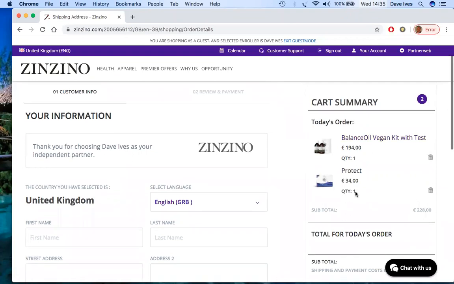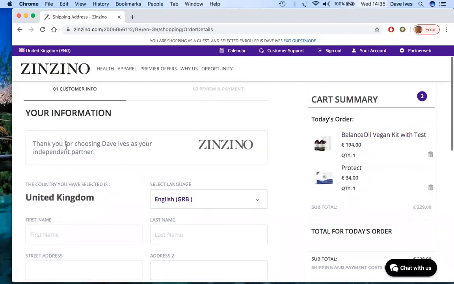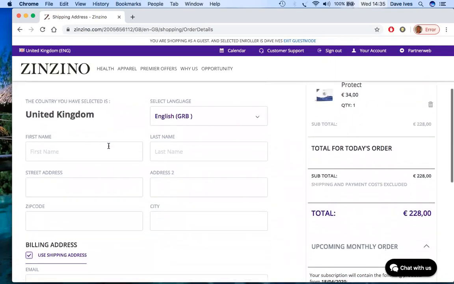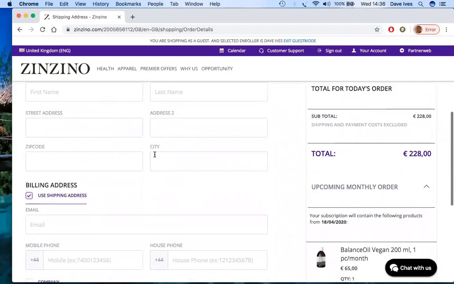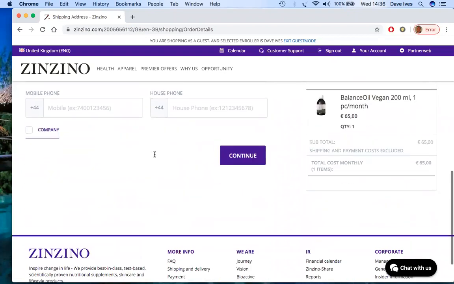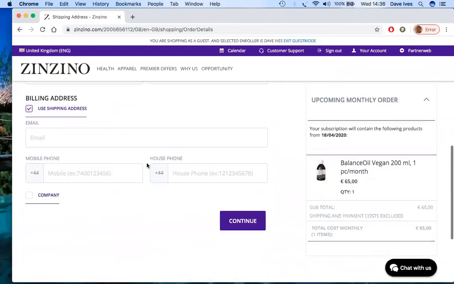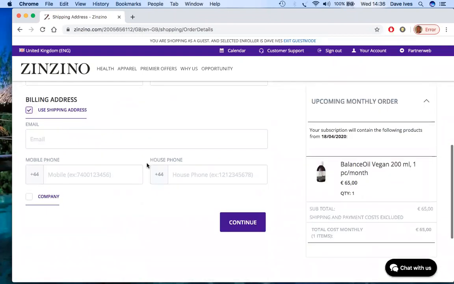So let's say we're going to stay with that particular order. Now you'll see here that because I'm ordering, whether it be through my link without being in my back office, or as I'm in my back office, the system automatically knows that I am the partner of this new customer. So then you go ahead and start filling out their information, their contact information, and then you would continue to the next page. On the next page, you will see confirmation of their address, their billing address, their delivery address. And then you would select the postage, and then you would click the T's and C's and